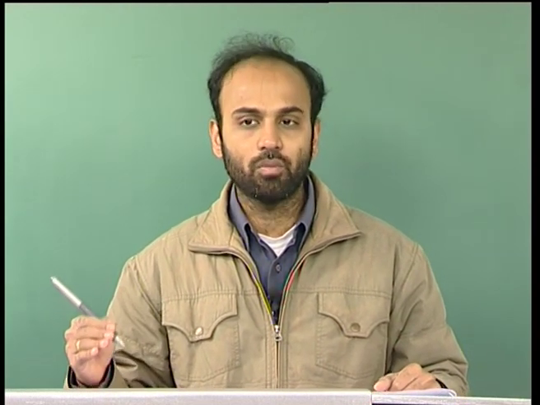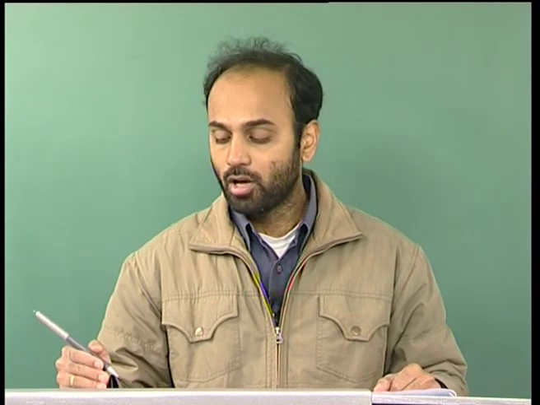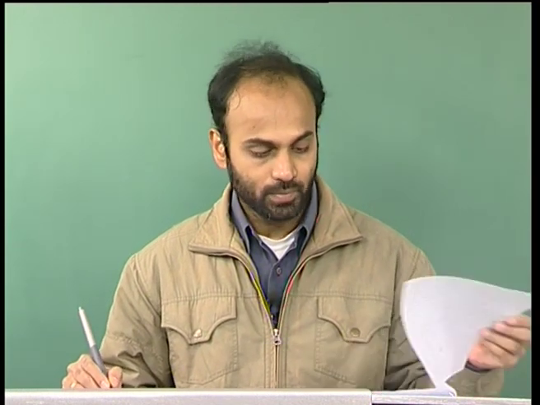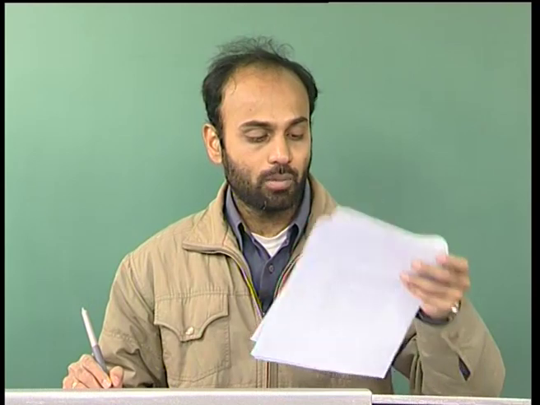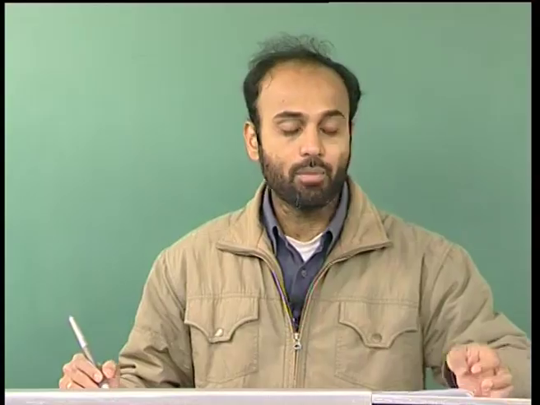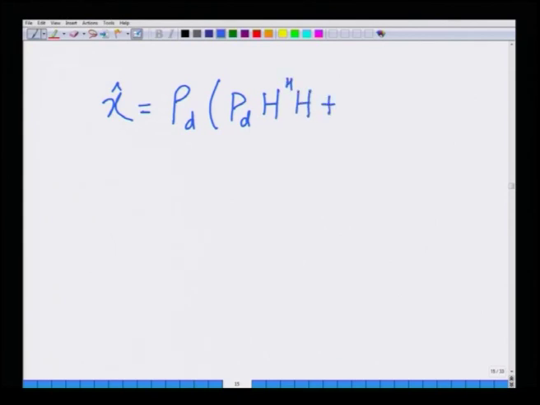Remember, earlier we said there is a problem with the zero forcing receiver. The problem is it results in noise enhancement. The MIMO MMSE estimator avoids that problem. That is what we are saying here. Let me now go to one final property of this MIMO MMSE estimator. x hat, as we already noted, is given as P_D times h Hermitian h plus sigma n squared I, inverse, h